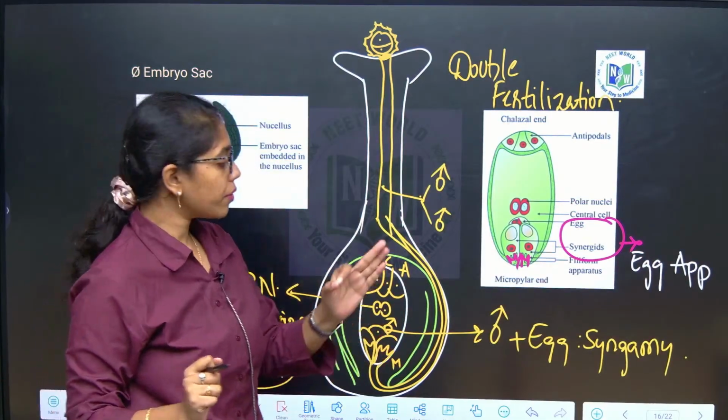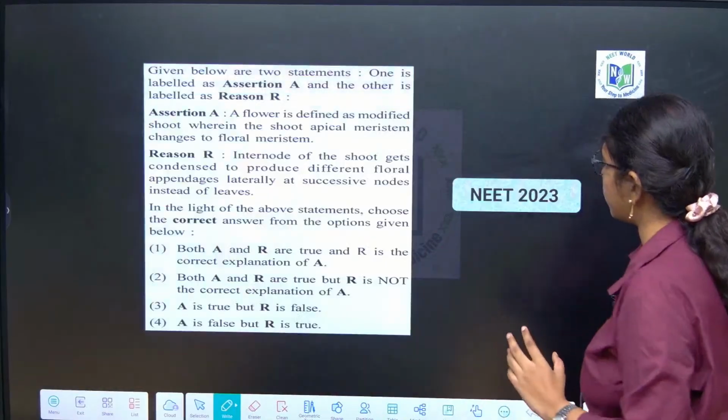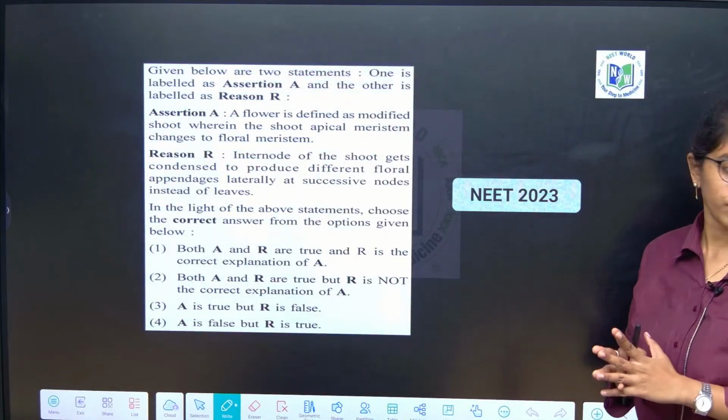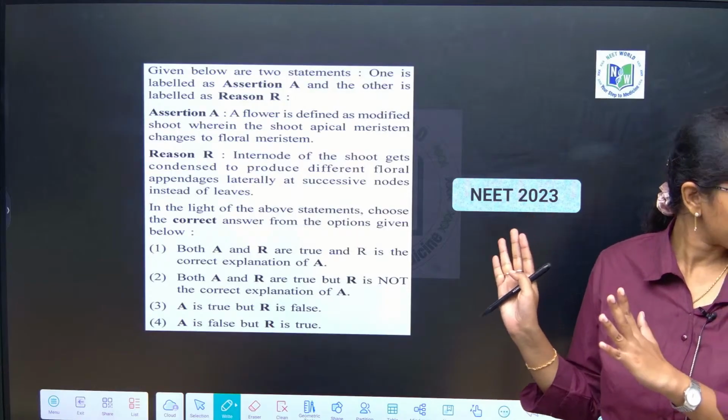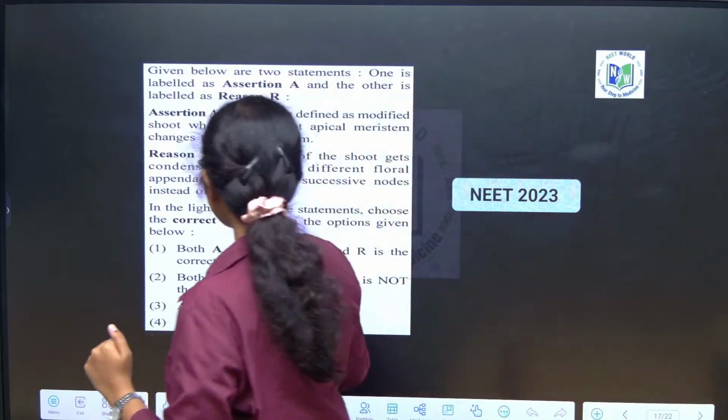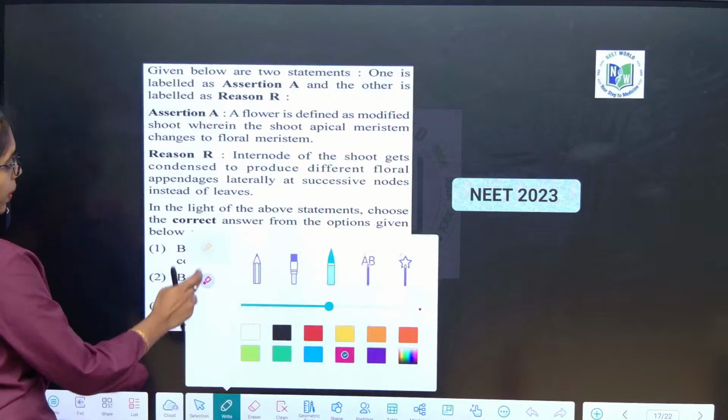From this concept, we are going to solve the previous year questions 2023 to 2025. Stay focused and answer better. So, now if you see the assertion reason question which was asked in the year 2023,